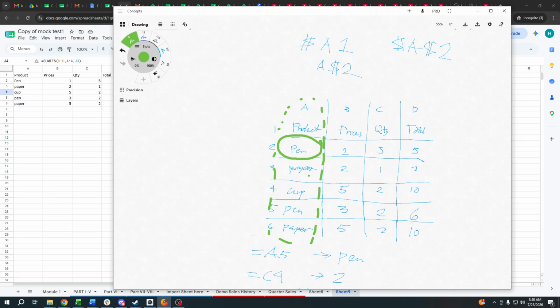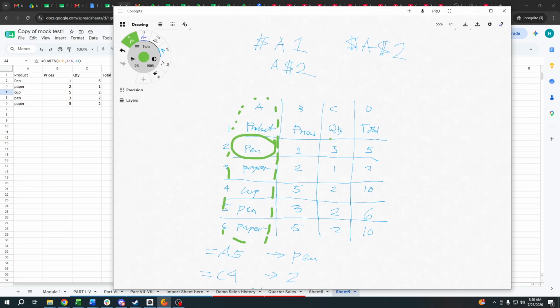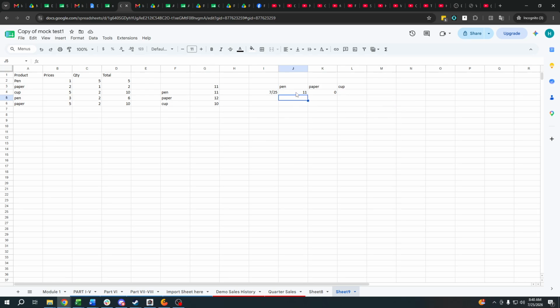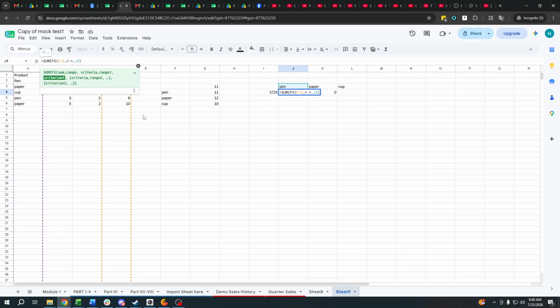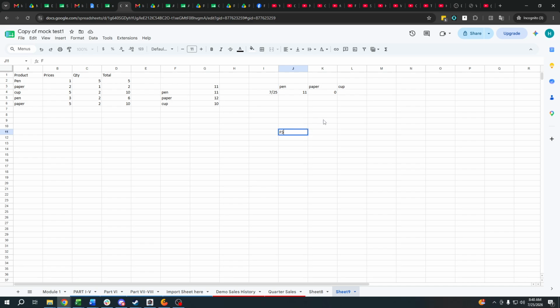The rest of column A won't be included. Let me give an example. You can apply lock by pressing F4. Press F4 for lock.